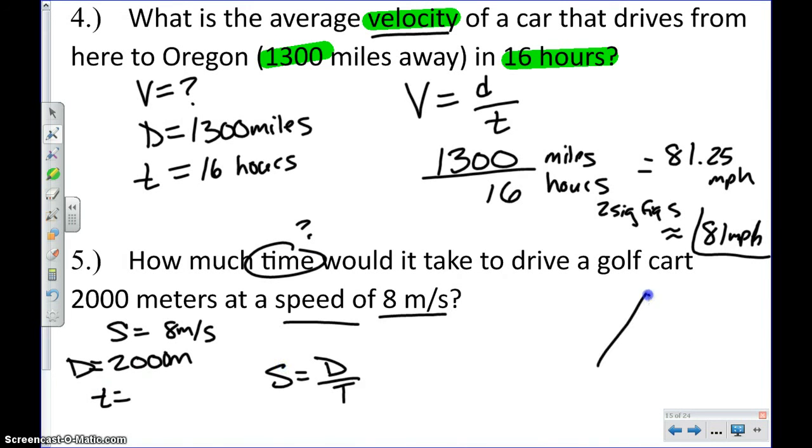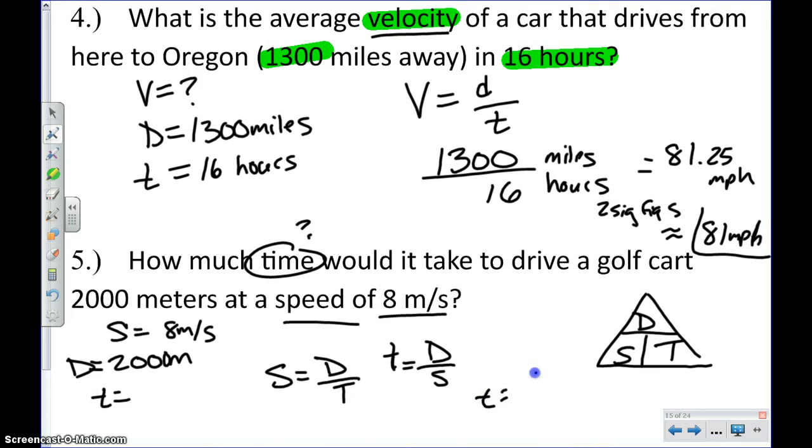Remember the triangle, so you look at your formula. I'm going to put your capital T. The D is on top of the line, so my D is on top of the line. The S is on the left, the T is on the right. So I'm solving for time, so I'm going to cover up the T, and I've got D divided by S. So that's going to be D divided by S equals T, and that's going to be